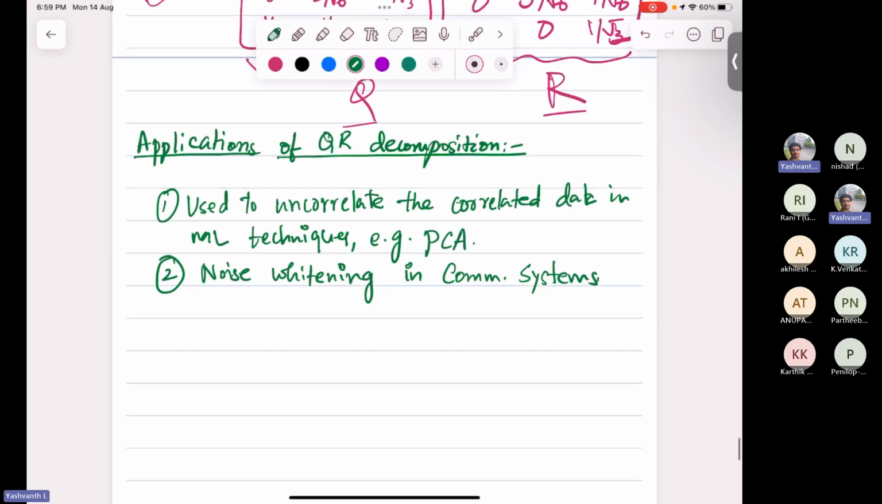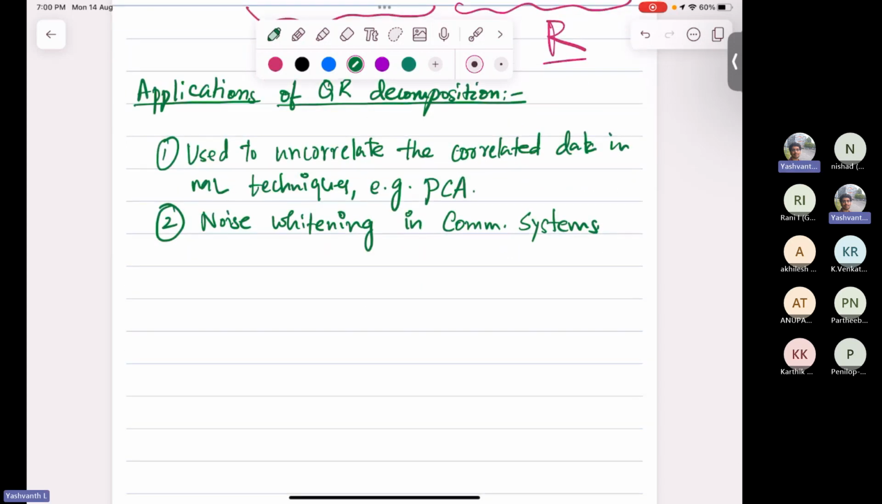Okay, so for example, in any communication you will always have noise, and it's always better to have whitened noise to do further processing. So it's used in noise whitening. And third, in a proper linear algebra application, namely that